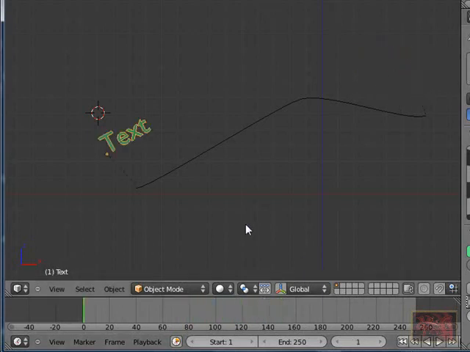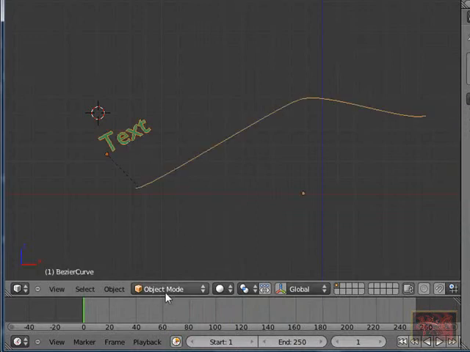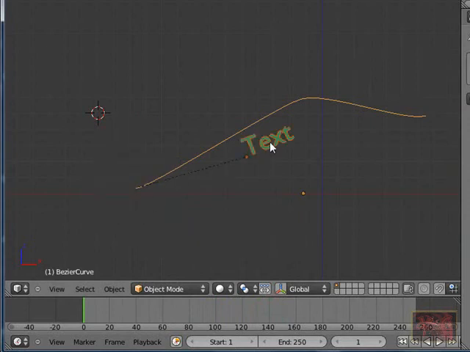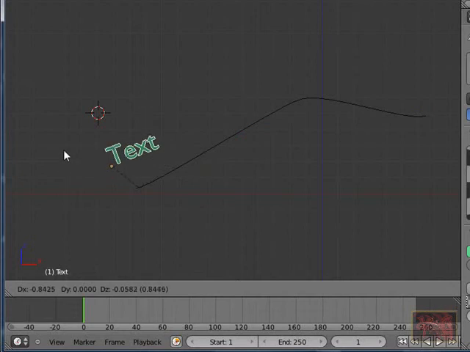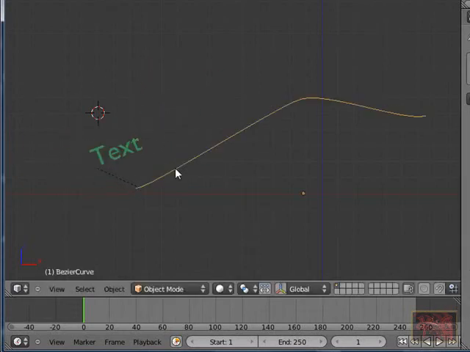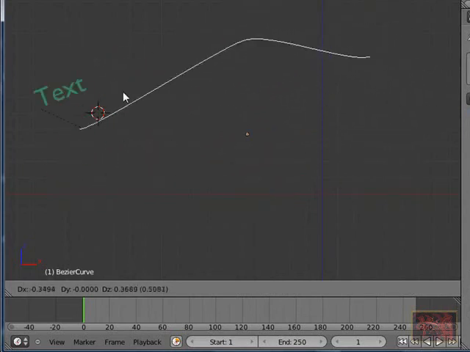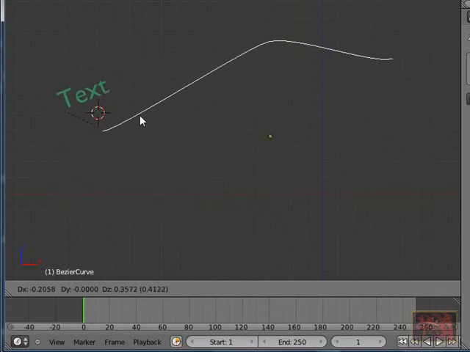So again, all you do is you select the object, hold shift, select the path while you're in object mode, and then Control P and select follow path. And it pops it back over there again. Put it wherever you want by right clicking and dragging it, and you can also right click this, but because that's a parent to the text,